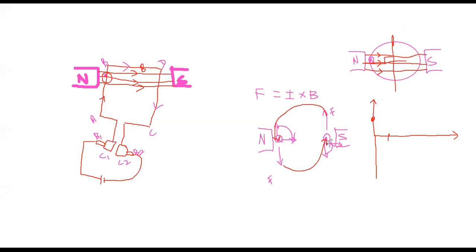The conductor is moving like this. So in this case, what is happening? This coil side will become C, and this coil side will become D, right? And this coil side will become A, and this coil side will become B, right? So this is how the coil sides are reversed.